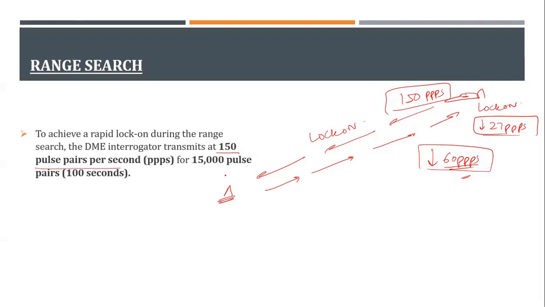That's the same thing which I explained to you. So it happens for 100 seconds. It's a very large effort that the aircraft is putting in. Why? Because you need to realize that it's sending the frequency, and the frequency is traveling, so it's a very large amount of time and a large amount of power it is utilizing. After 100 seconds, 60 ppps if there is no lock on. If there is a lock on, then 27 ppps. I'll write here: no lock on.